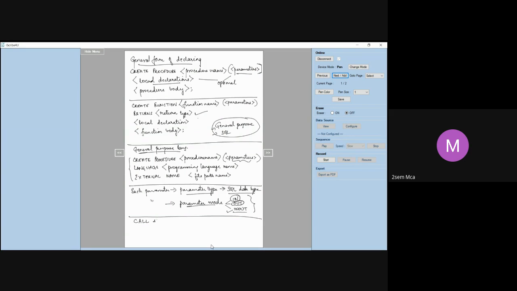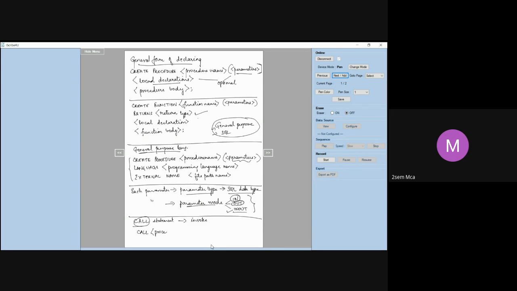So there is a call statement in the SQL standard, which can be used to invoke a procedure. Invoke means you are calling that particular stored procedure. You have written a stored procedure and stored it in the server. Now, some application needs this particular program, so you can invoke it by using the call statement. Right? So how do I call it? Call.